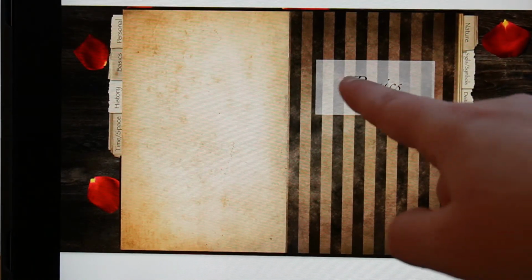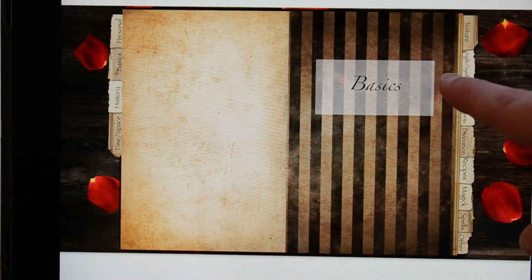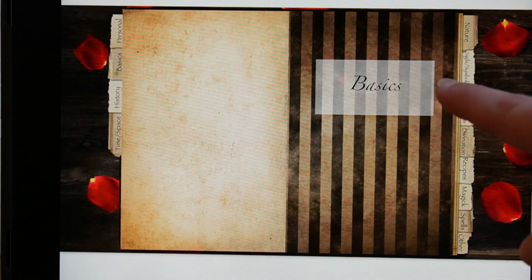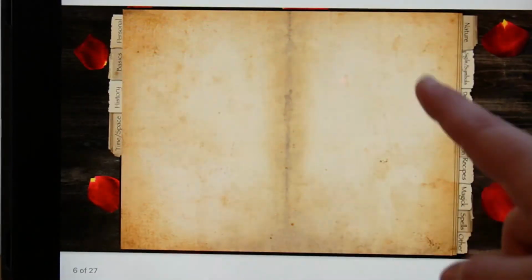And then again, it's got that white square, which you can see a little bit easier here, but you can see that the white square is not solid. It's like semi-see-through, so you can still see the background stripes through it. And then it's the same, the blank pages to write in, and then it goes to the next section,